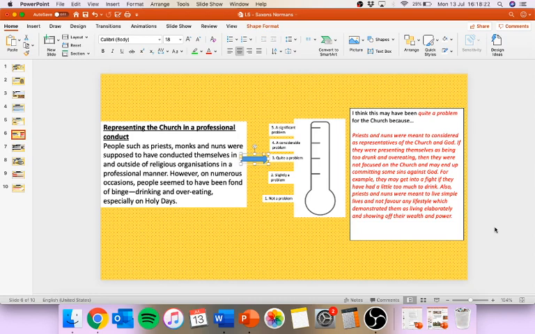Also, priests and nuns were meant to live simple lives and they were not meant to favour any lifestyle that demonstrated them as living elaborately and showing off their wealth and power, okay? They were meant to demonstrate that they were to show charity, they were to show obedience, and not really to have any money for themselves. They were meant to spend it on helping the poor, helping those in need, rather than spending it on overeating or over drinking. Okay,